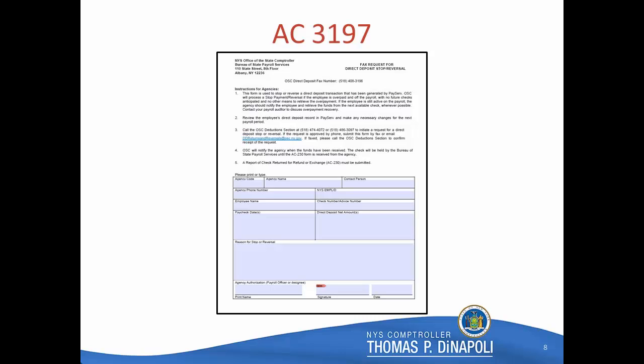Here is a copy of the AC 3197 form, which is the direct deposit stop and reversal request. Again, this form should be completed by the payroll office and emailed to the DD returns and reversals at osc.ny.gov email. This form should include the agency code, the agency name, agency contact person, the agency phone number, the New York State employee ID of the